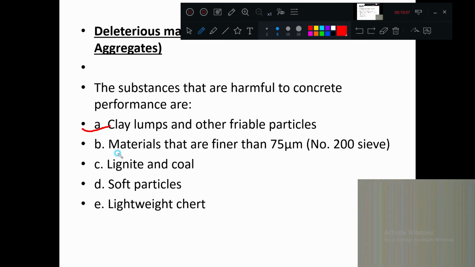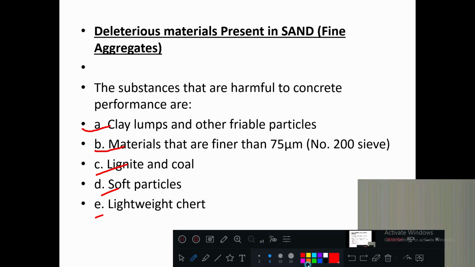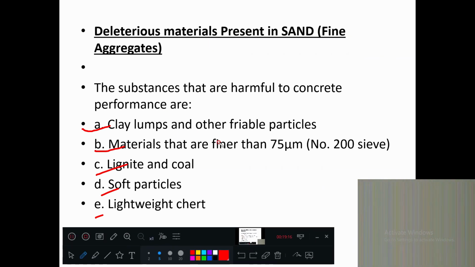Clay lumps, materials smaller than 75 micron, lignite coal, soft particles, lightweight chert. Why it is explained is because it has appeared in one of the VTU semester exams: explain the deleterious materials present in sand and their overall impact on the concrete. So you should be able to explain.